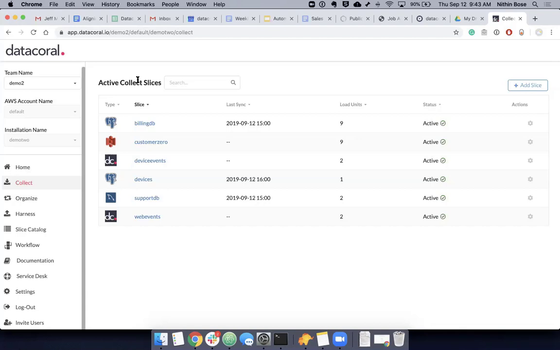The third category is event streams. We provide SDKs for web, mobile apps, and server-side applications that you're trying to instrument, for all of your server-side components or user-facing components. So now you can get live data directly from your source systems as it's happening.